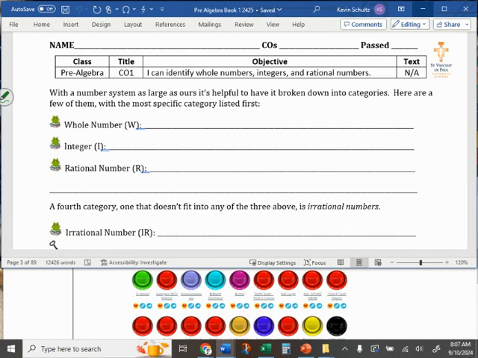And what this whole objective is about is that our number system is broken down into different categories. Some of you, in life science, may have talked about this before, like species and then